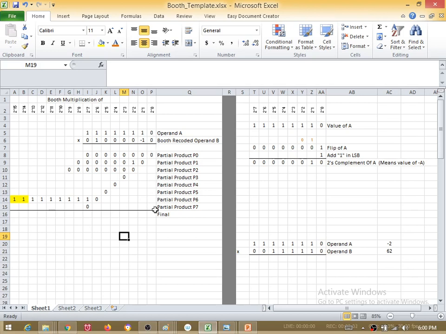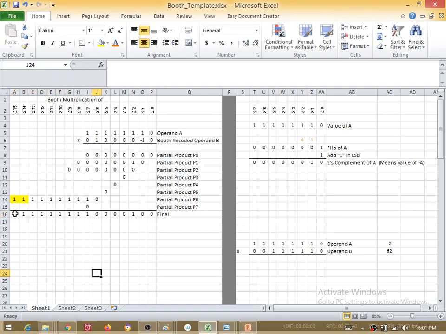I don't have anything in this column, so the final summation is obviously a 0. I have 2 zeros, so obviously a 0. I have a 0 plus 1 plus 0, obviously it is a 1. I am not writing the carry because it is anyway a 0. Then I will again have a 0 here. I will have a 0, 0, 0. Over here I have 0 plus 0 plus 0 plus 1 plus 0, effectively giving me a 1. I am not writing the carry because it is a 0. Similarly this will also lead to a 1, 1, 1, 1, 1, 1, 1, 1.